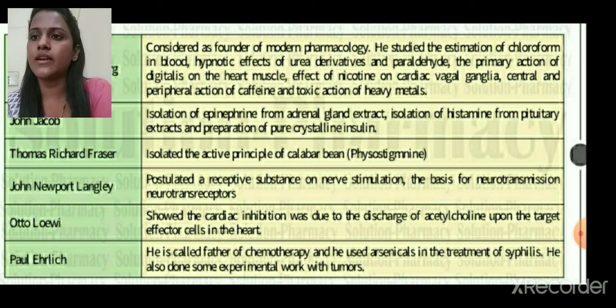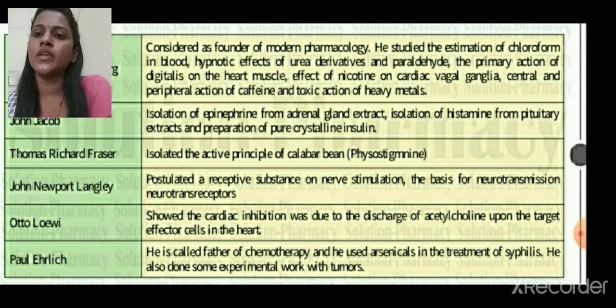Next scientist is Thomas Richard Fraser. He isolated the active principle of Calabar bean, that is physostigmine. Physostigmine is isolated by Thomas Richard Fraser. Okay, next scientist is John Newport